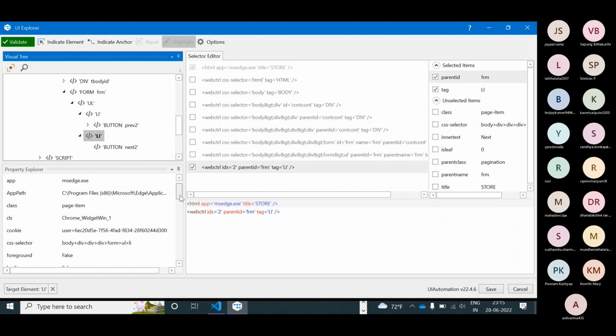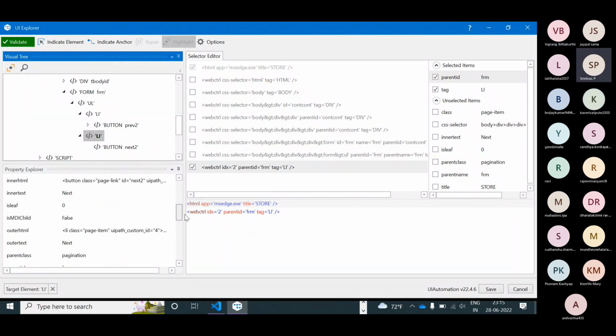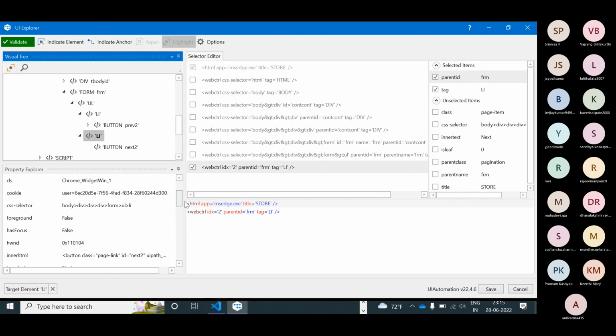We'll check whether the button is visible or not. That's the correct approach, but how can you check that? Can we use Element Exist? Element Exist will give true because the button is available.